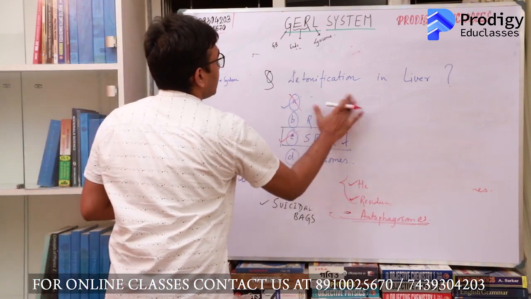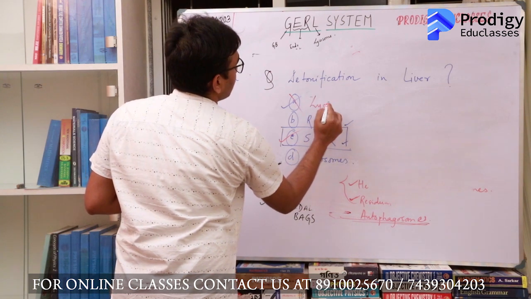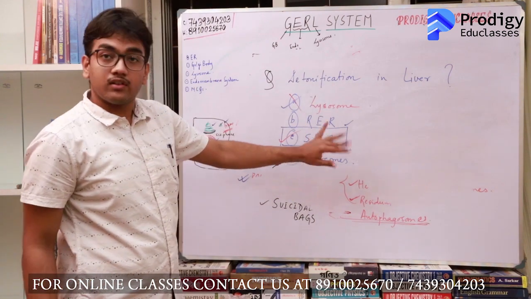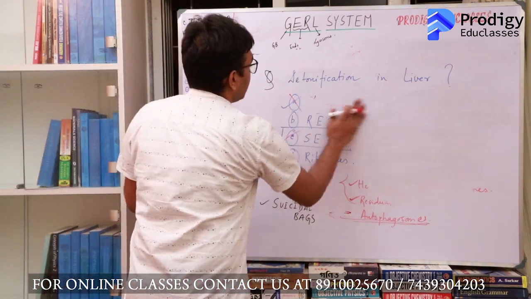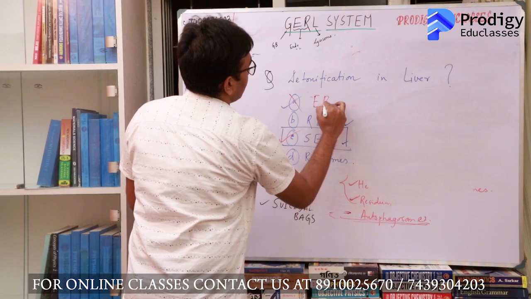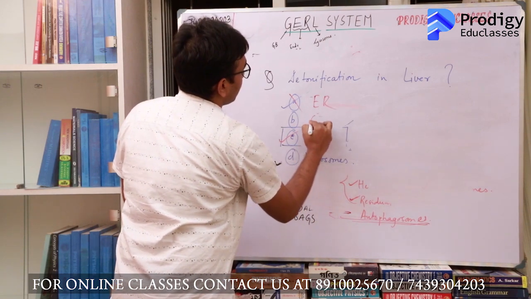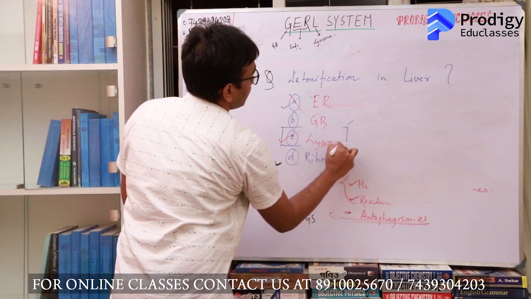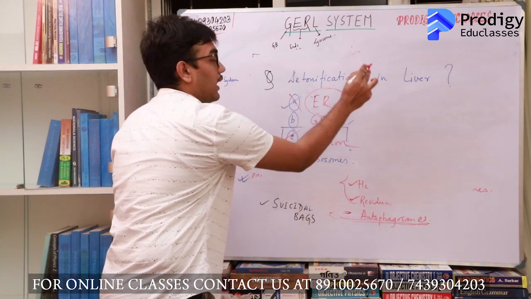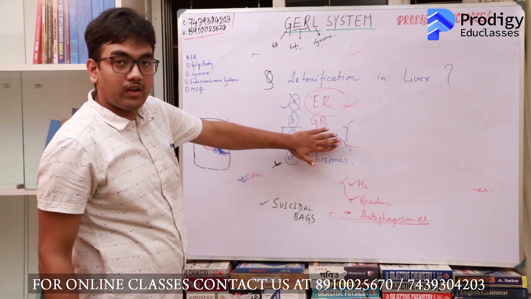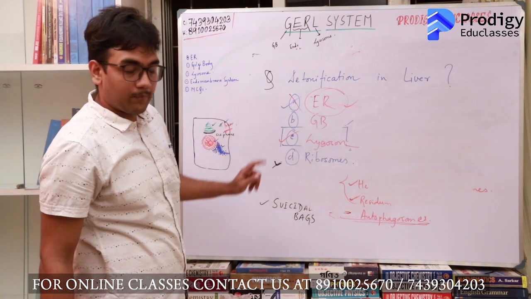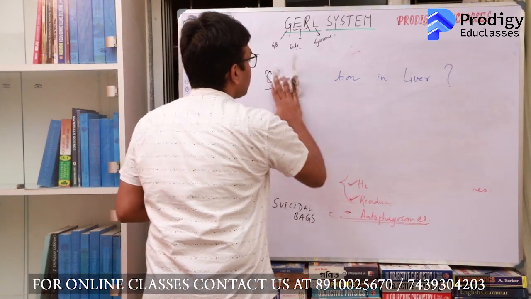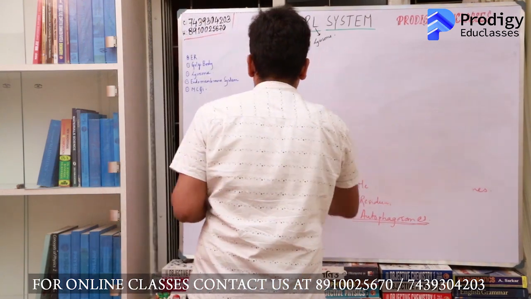If this was something else, say this was lysosome, then also the answer would be SER. And if this was just ER and you had two other options over here, say Golgi body and lysosome, then the correct option would have been to choose ER. But if you have a smooth endoplasmic reticulum in an option over here, that is the most appropriate and correct answer. Last of the four questions.